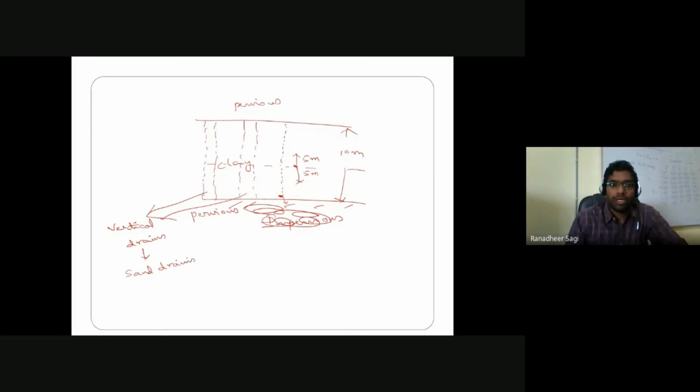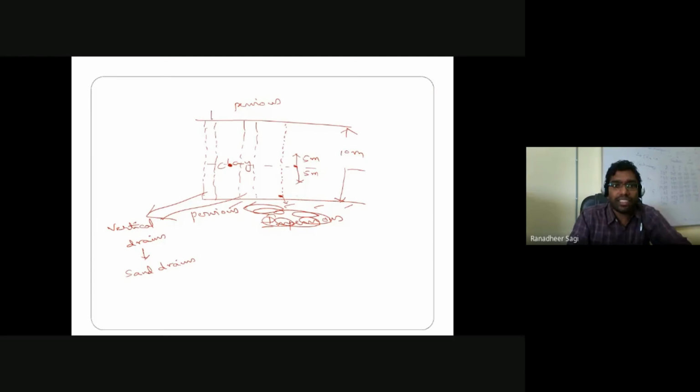Now, obviously, the sand material placed inside that borehole has a coefficient of permeability higher than the coefficient of permeability of the original clayey soil, or the gravelly material if you are placing that into the borehole. So the coefficient of permeability of the material placed into the borehole is relatively higher than that of your clay layer. Now, if I look at a water particle exactly at the center of the clay layer, earlier, without vertical drains, this water particle required to travel 5 meters in the shortest path, even with two-way drainage.